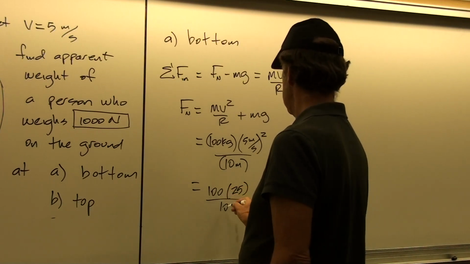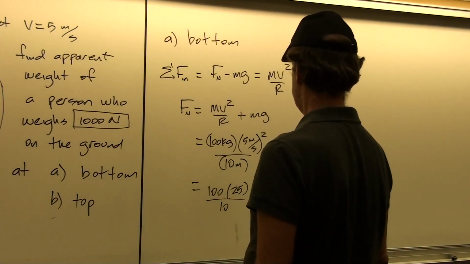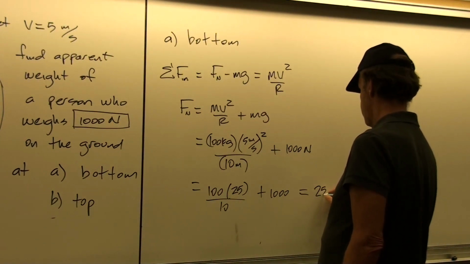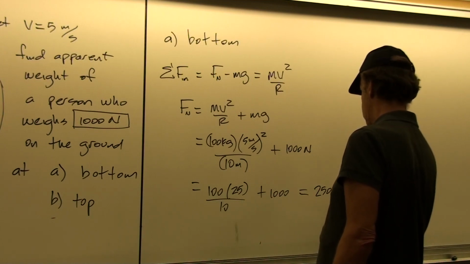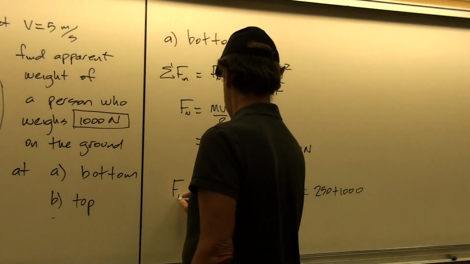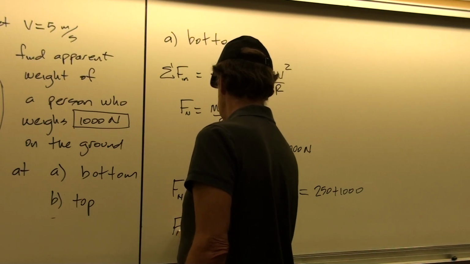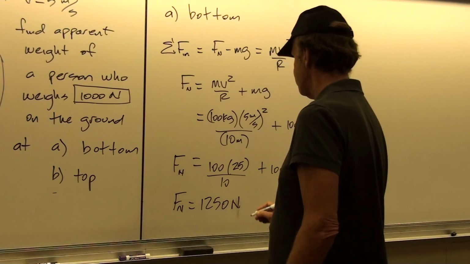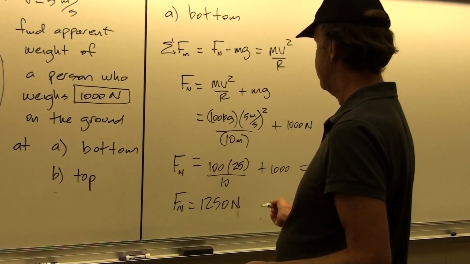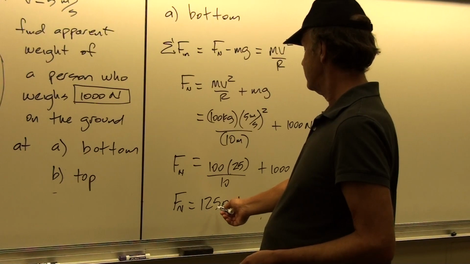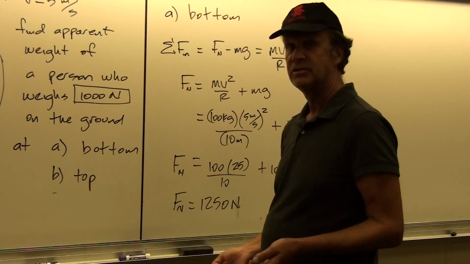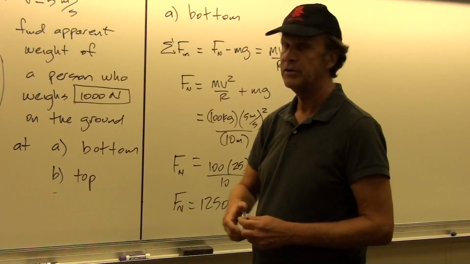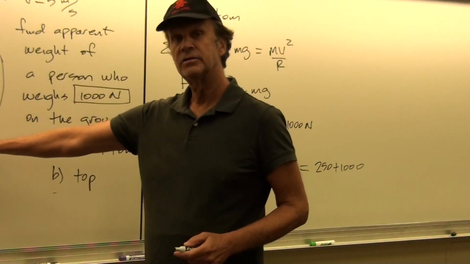And so that'll be 10 times 25 is 250 plus 1,000. So that'll give us our apparent weight of 1,250. So it's been upped by about 25%, because it was 1,000 and now it's 1,250. So it's an increase. So that's what you feel then when you're being crushed down into the,